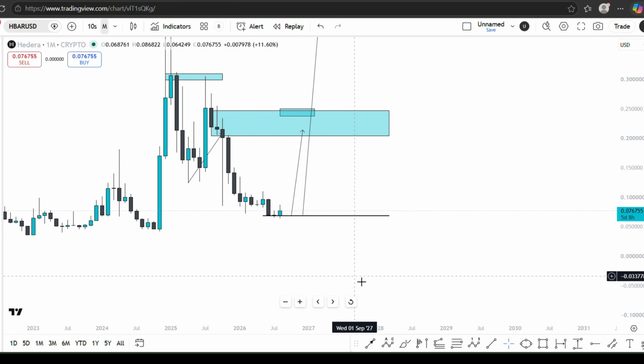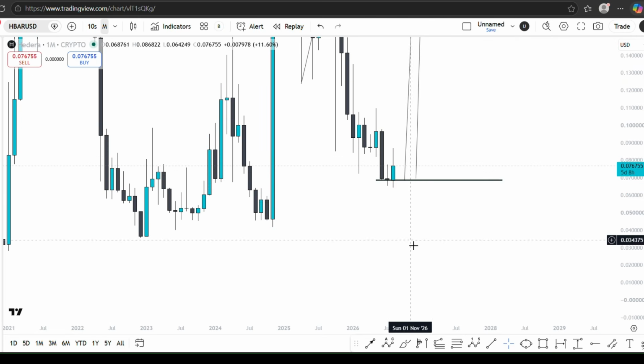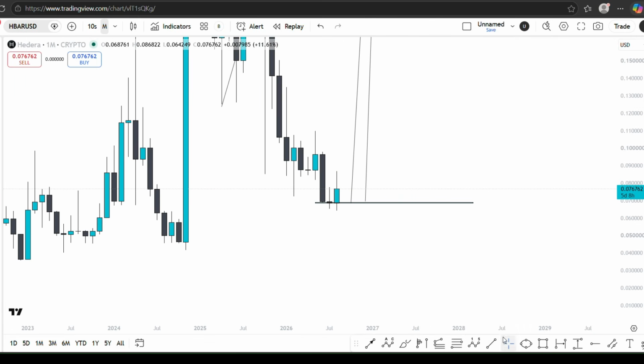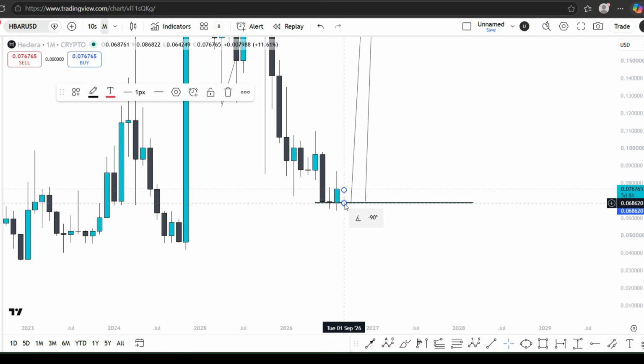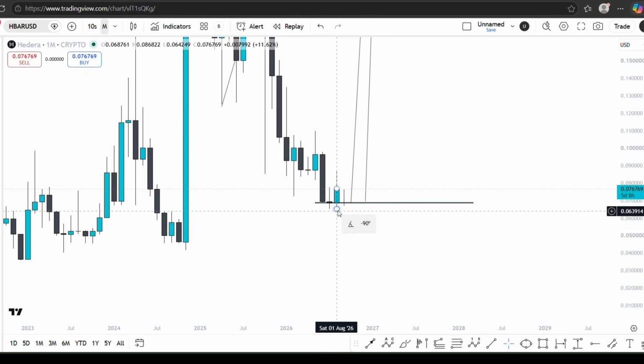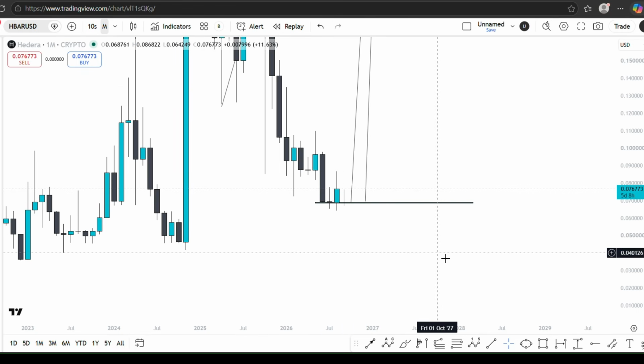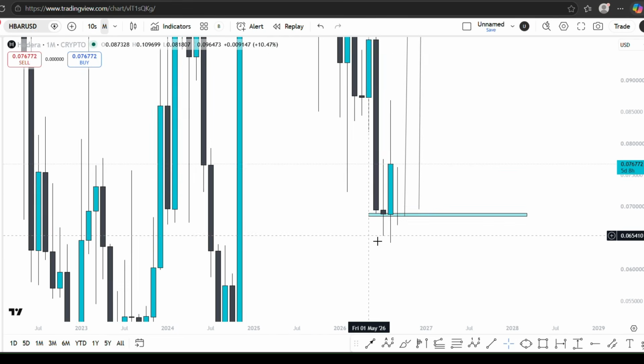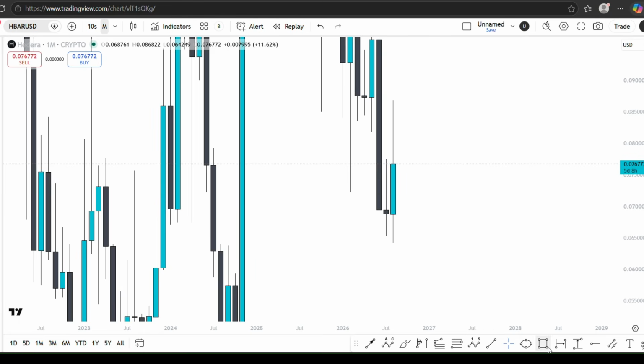Where we are in the month now makes me think that this month is not going to leave a big wick to the upside like that, and maybe next month we just get that wick to the downside like that, and potentially even better, a wick below the start of the bullish candle. Now if we did wick below the start of that bullish candle, let me get all of this off the screen, we could potentially be setting up next month an inverse head and shoulder setup on the actual higher monthly time frame,